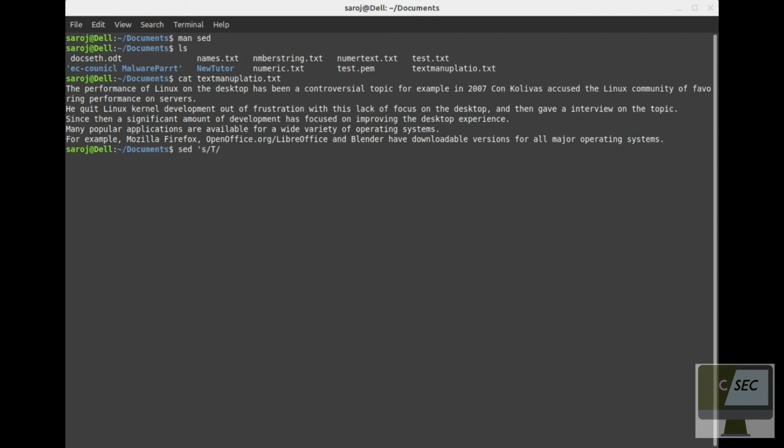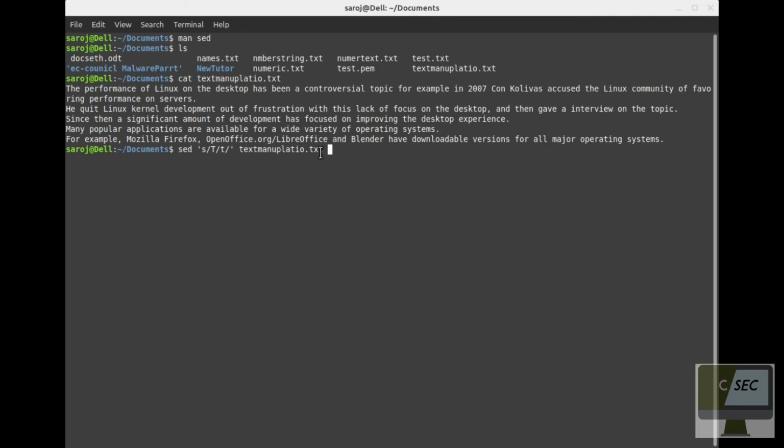I will specify small t here. Then I pass the text file, that is text manipulation. The command simply tells us to substitute the capital letter T with the small letter t.